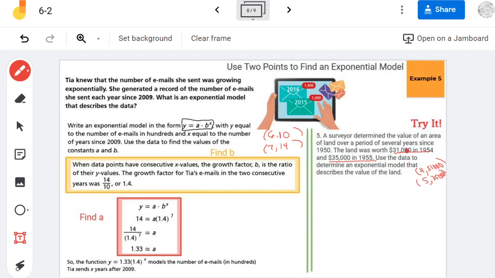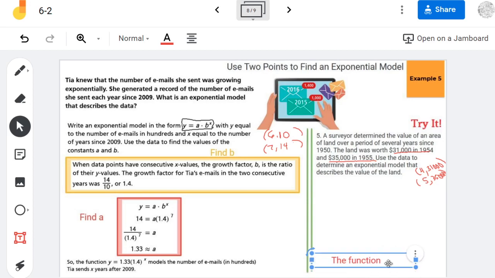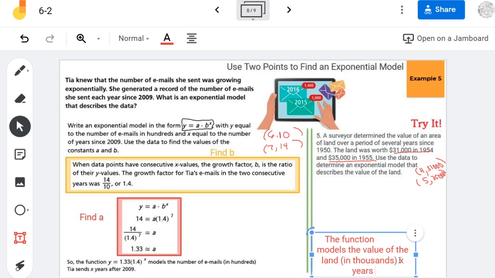I'm going to change this to being in thousands, okay? So when I go to write my sentence out, the function blah, I'm going to leave some space there for me to insert my function, essentially. It's going to model the value of the land in thousands X years after